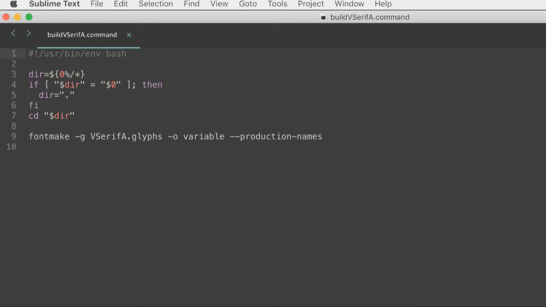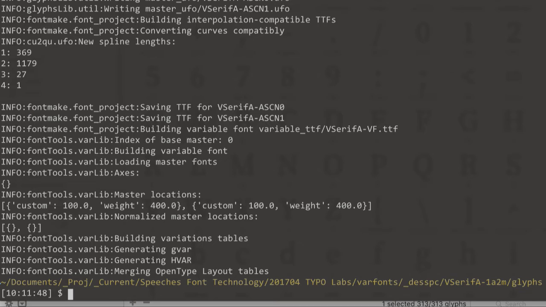It's using glyphsLib and then generating a design space and UFOs and building the fonts. But using different code than Glyphs, the app. And now I'm trying,